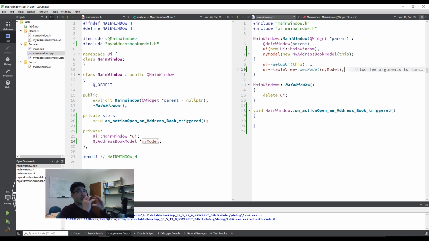That way your table view and your my model have an explicit link in between, so that my model can send a message to the table view to update the view, and we can rely on a more legit model view controller framework and programming pattern, which is cool. So that's it, and once you run it, what you're supposed to see is,